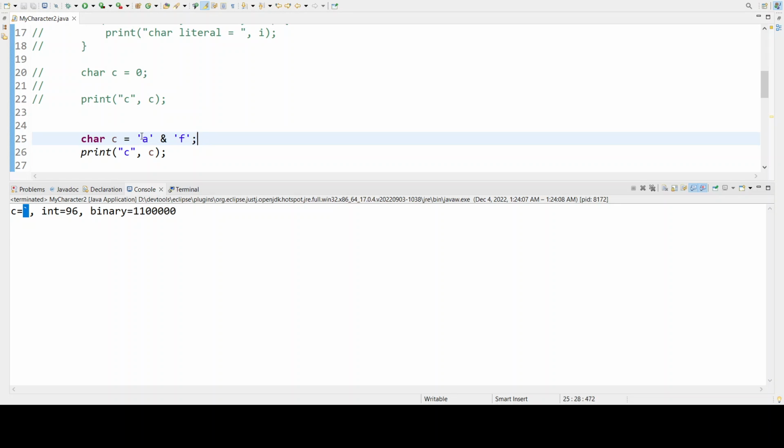So we have to understand that it is actually equal to 97 and the 97 plus 6, that is 0.03, like this. When this operator is applied to these integer types, the result is this one,